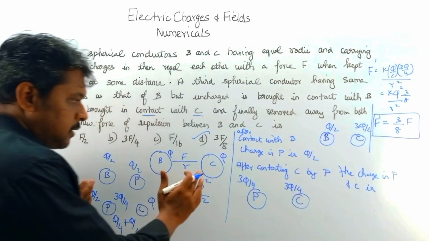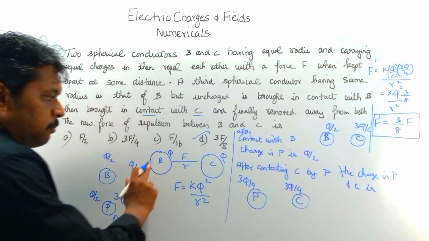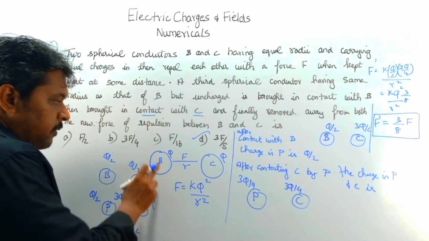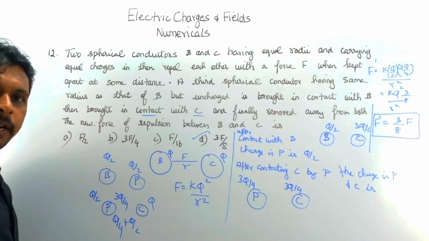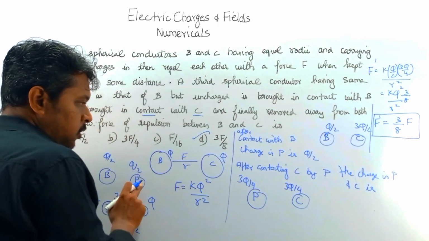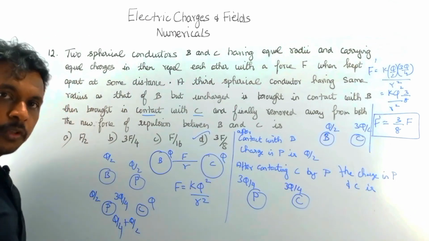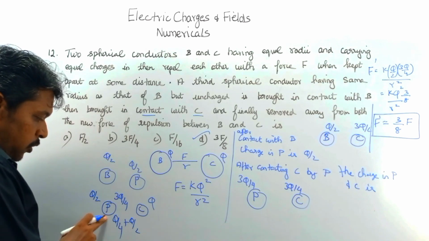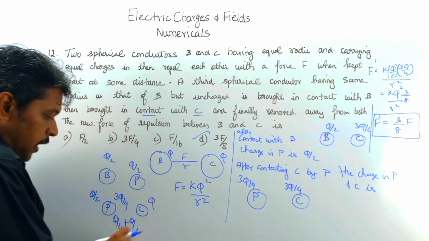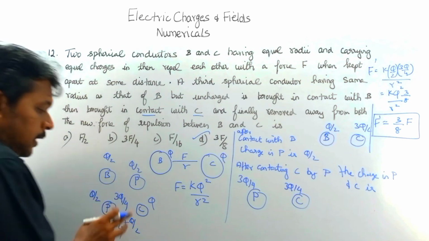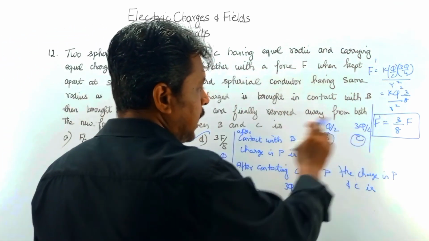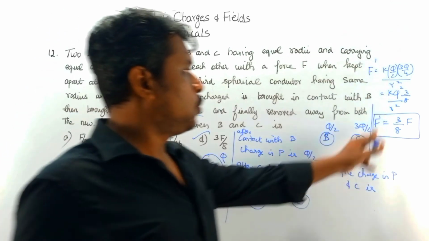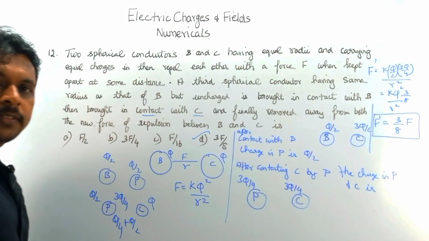Okay, so you should know the charging properly. B and C were initially at Q and Q. First the uncharged body P when made in contact with B, the charge in B becomes Q by 2, so now the charge in P is Q by 2. When it is made in contact with C, in which the charge was Q, here Q by 4 is shared, here Q by 2 will be shared. So when you add both, it becomes 3Q by 4. That is the charge remaining in C and P. So the charge now in C is 3Q by 4, in B it is Q by 2. When you do the calculation, you will get the value of the new force as 3 by 8 of the old force F.